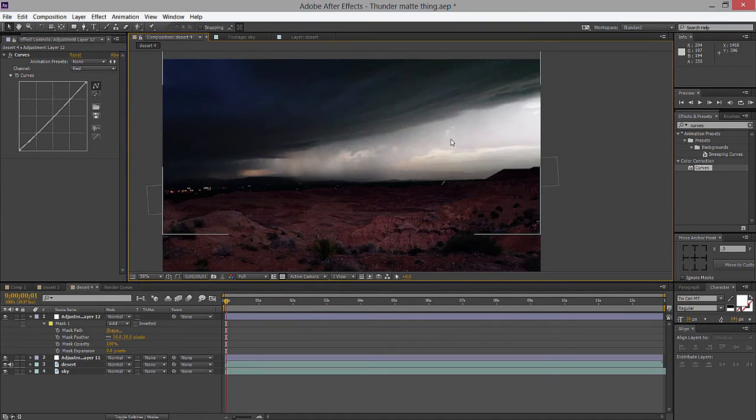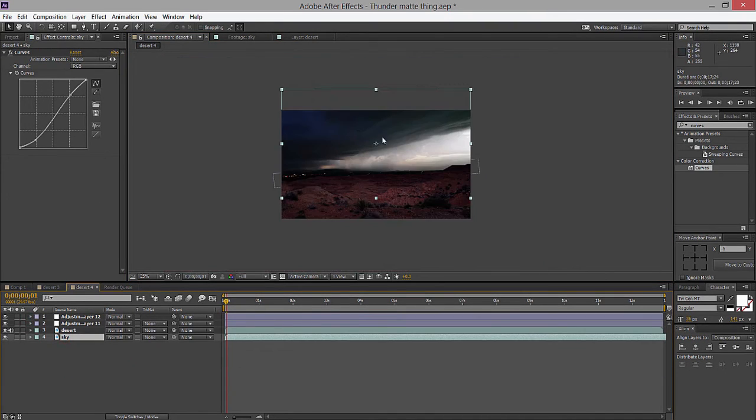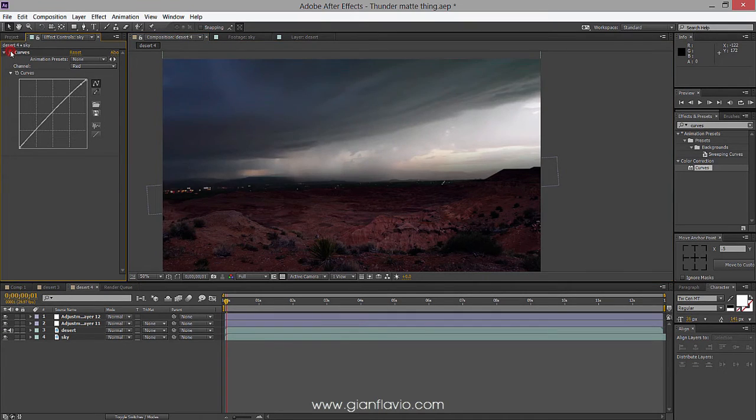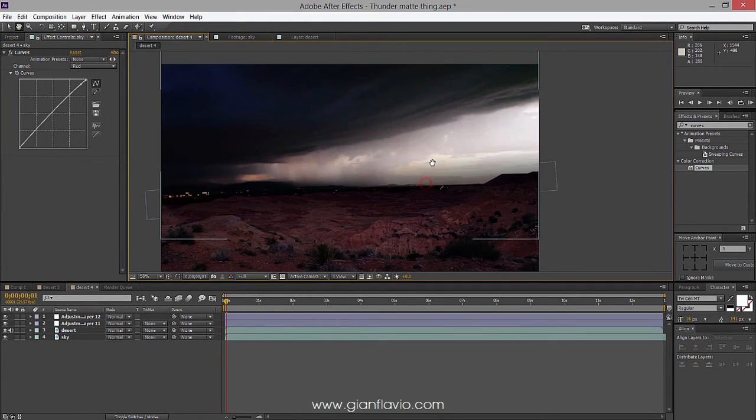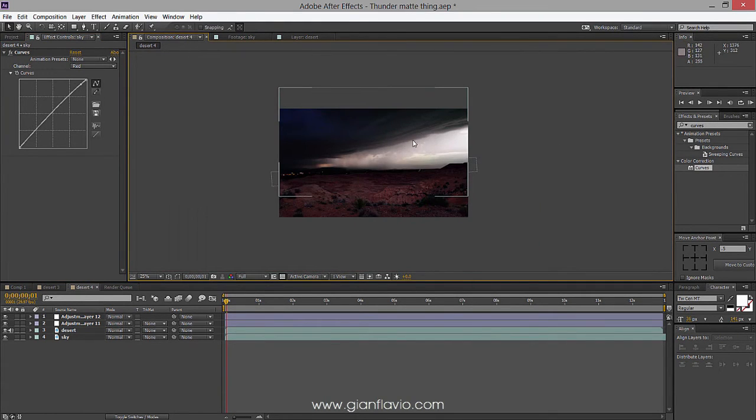Okay, that's looking better-ish. I feel like my sky is so out of place with everything else for some reason. I like these little red highlights, reddish. Since this is kind of red, that looks nice. Anyways, let's